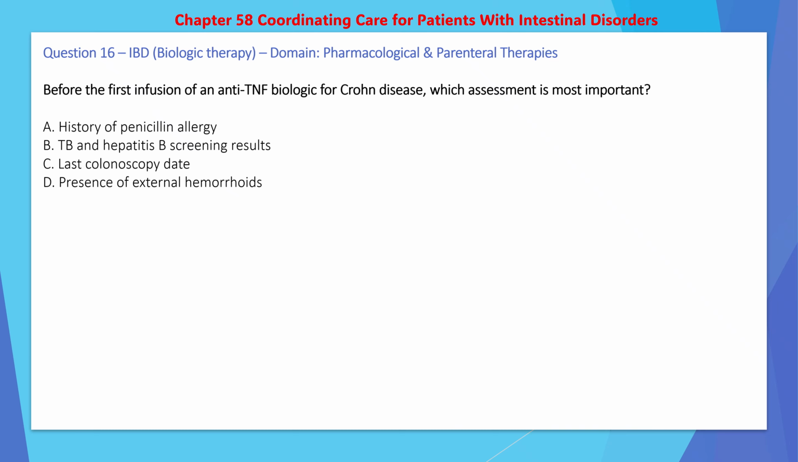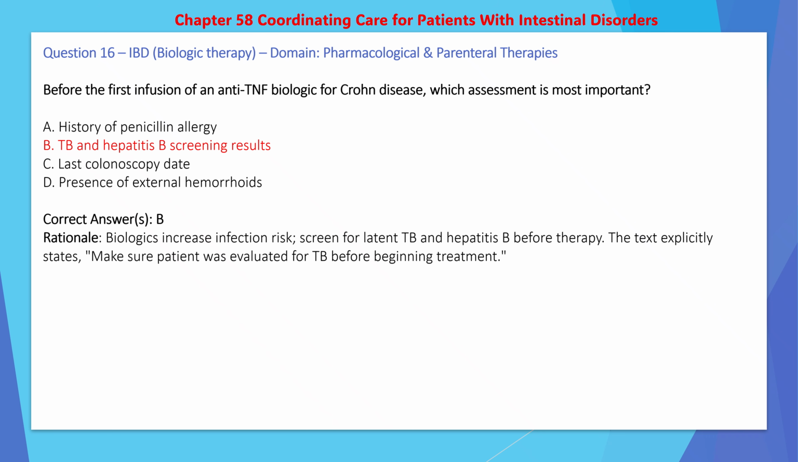Question 16. IBD biologic therapy, domain pharmacological and parenteral therapies. Before the first infusion of an anti-TNF biologic for Crohn disease, which assessment is most important? History of penicillin allergy, TB and hepatitis B screening results, last colonoscopy date, presence of external hemorrhoids. Correct answer is TB and hepatitis B screening results, because the biologics